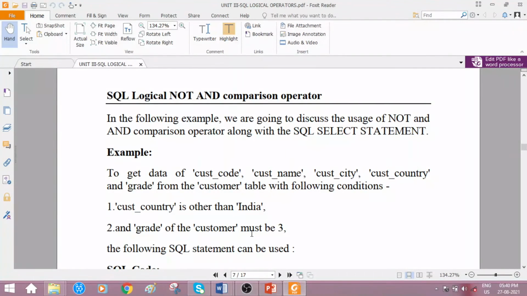The grade must be 3. The country, just check here: customer country should not be India, other than India, and grade of the customer must be what? 3. Whereas in the previous example, country value should be equal to India and the grade of the customer should not be equal to 3, right? So here it is the opposite of that.